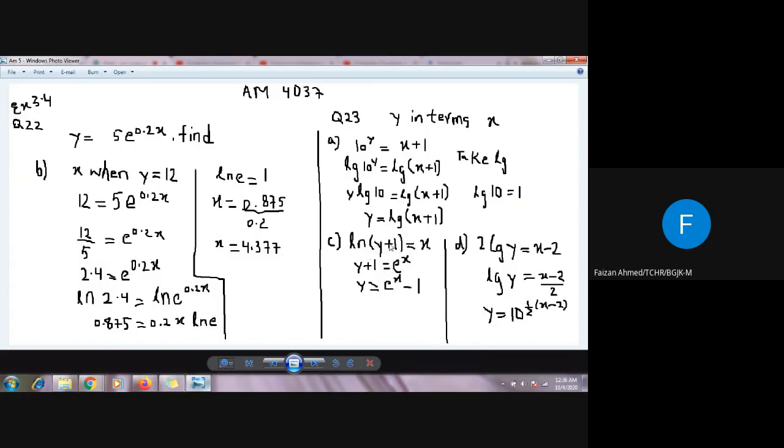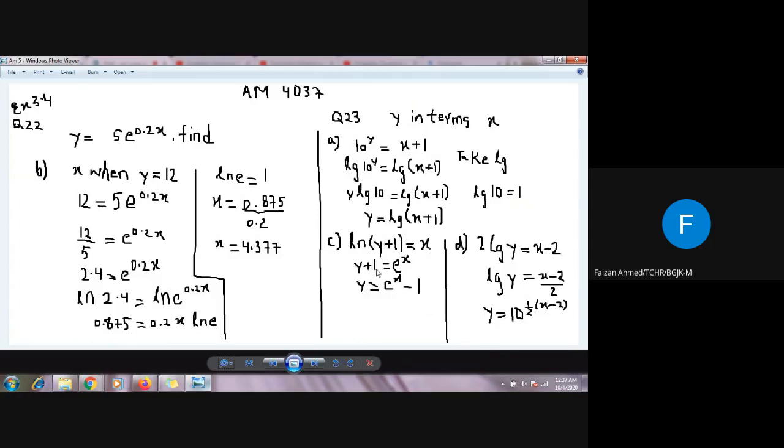This is basically the log form, and we have converted this log form into the index form, and we know that we have to make the base the same. The base is e, so the equals-to is the power, so x will come in the power, and this will be the argument. So y plus 1 equals e to the power x. Now since I have to find the value of y in terms of x, plus 1 will be shifted to the other side and subtracted, and the final answer will be y equals e to the power x minus 1.